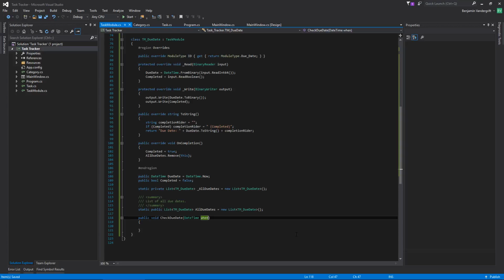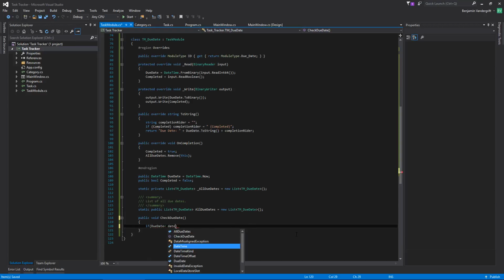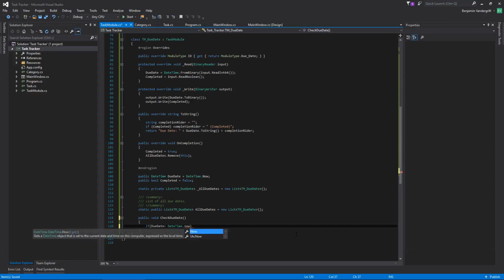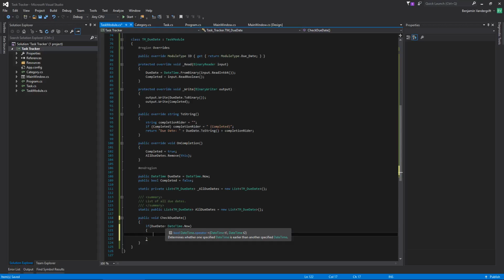Again, this is my brain thinking, oh, what if there's slight variations? No, it's not a problem. Just call DateTime now. So let's see. If due date is less than DateTime dot now. Let's see, what's this comparison? It's earlier than another specified DateTime. Hooray! That's what I want it to be. So if due date is earlier than DateTime now, then